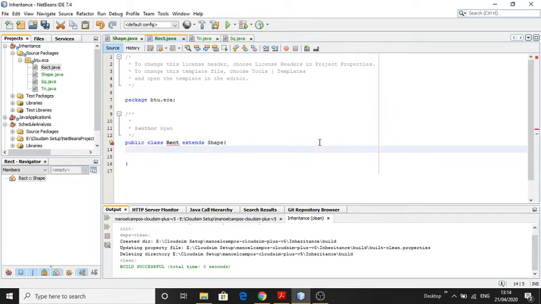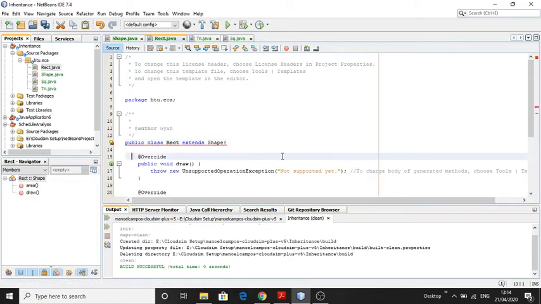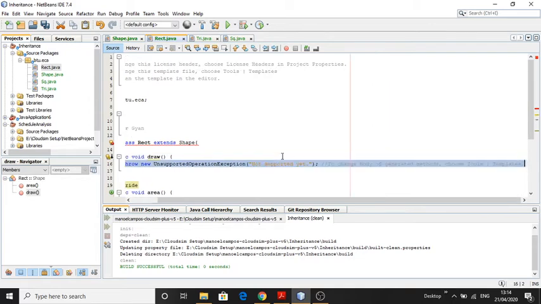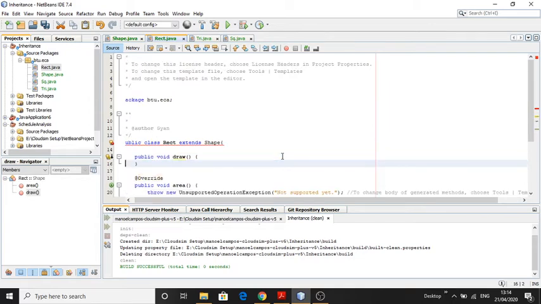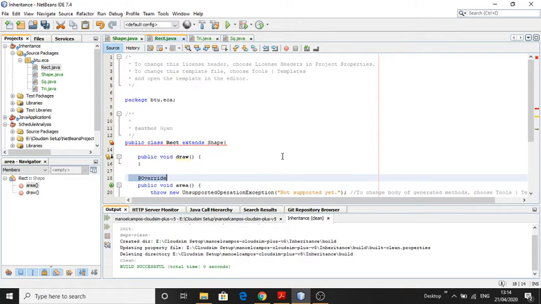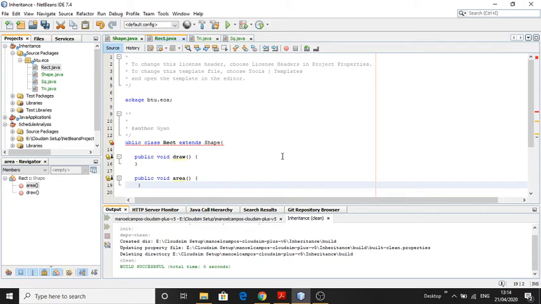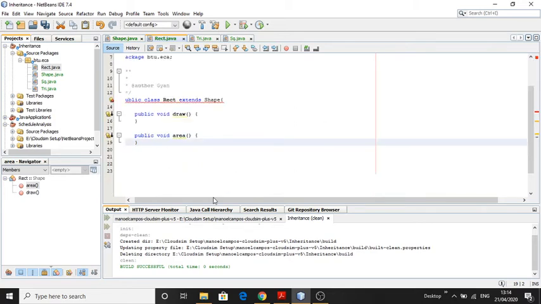So we implement all the methods with just nothing to do. So both the methods, draw and area, we override here, which are already declared in the class Shape as abstract.